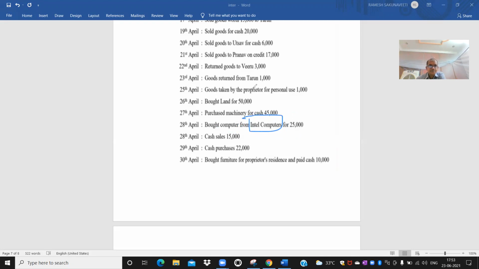Okay, sir. Next, 28th one, cash sales. What is the journal entry? So this one also. What is the doubt here? Only two accounts are clearly mentioned. One is cash account, another one is sales account. What is the doubt? Sales is always credit. Automatically cash account will be debited, no? Yes. Cash account data to sales account. This is the simplest one, no? What is the doubt?